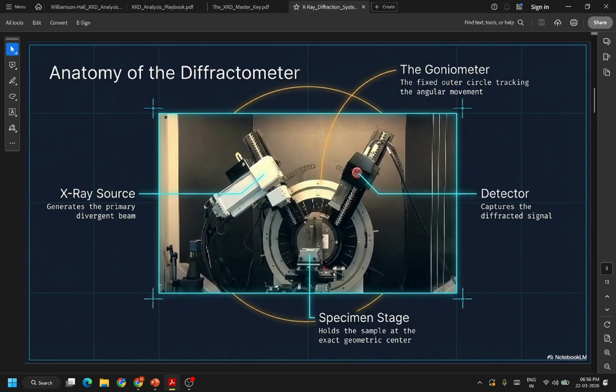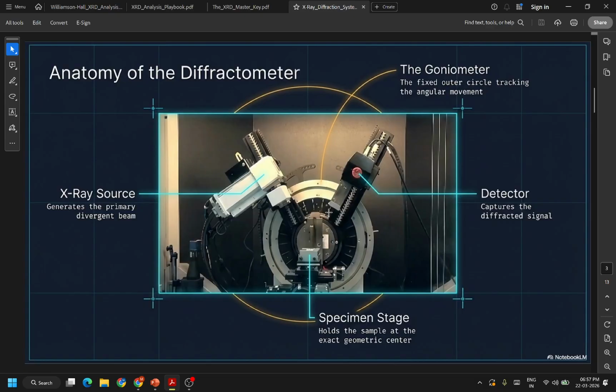Now the anatomy of the instrument. This is also called a goniometer. Here is your X-ray source. In this region it generates your X-rays, which are then shot out at your sample. This is your specimen stage, where you keep your sample at the exact center. The X-ray shoots at the exact center,